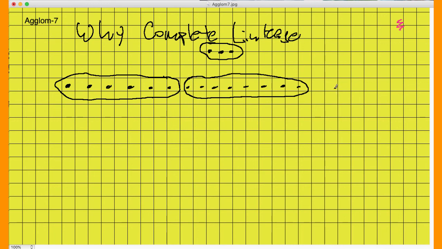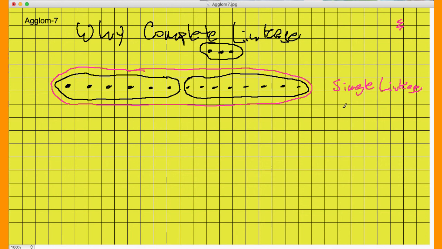If I were doing single linkage, well, take a look. These 2 points from here to here are really close together. In fact, these 2 points are much closer together than any of these 3 points are to either this one or this one, which would say that if I were doing single linkage, I would now cluster these two together. Does everybody see that?